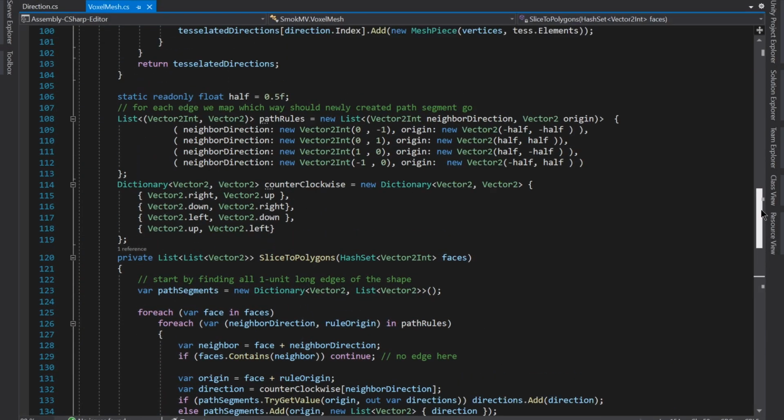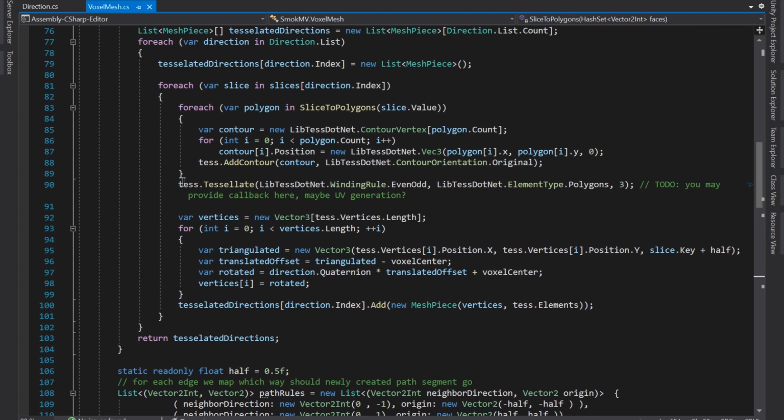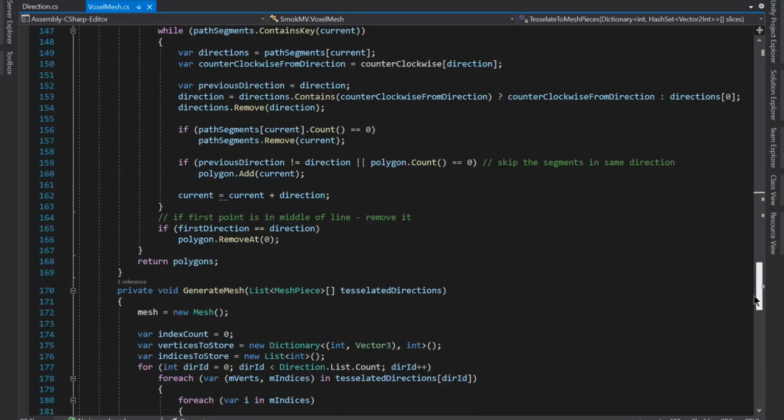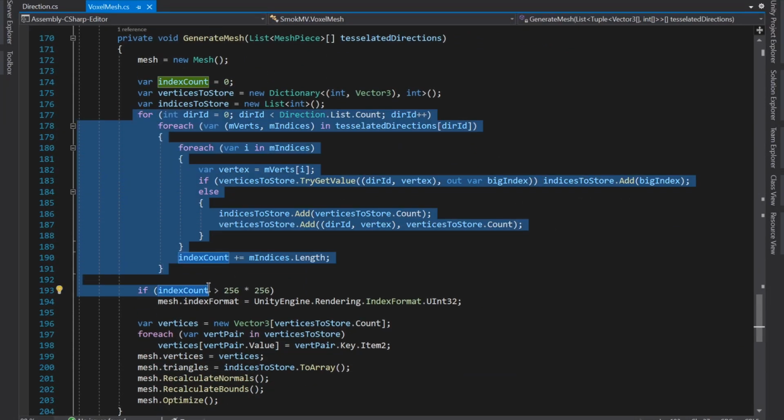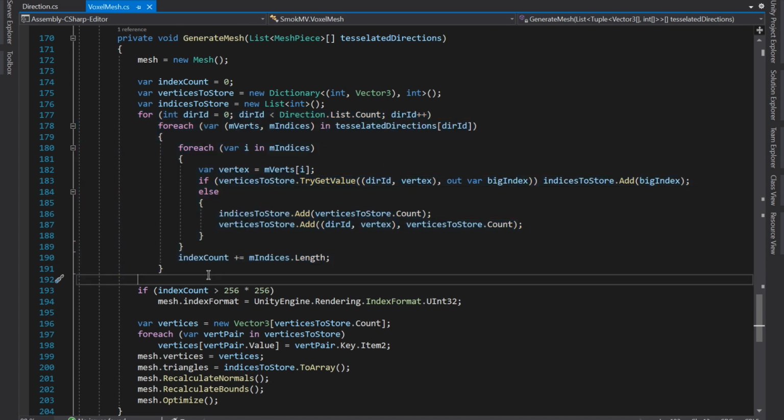Sweet. Okay, quick reminder. We have taken those polygons and tessellated them. Now we have lots of lists of triangles. And as a final step, we need to merge those small lists into a bigger one. And that is what generate mesh does. These loops iterate over all of the collected triangles and make it so they are now indexed within one space. I can't just simply append because unrelated polygons are all indexed from 0, so they would point to the wrong